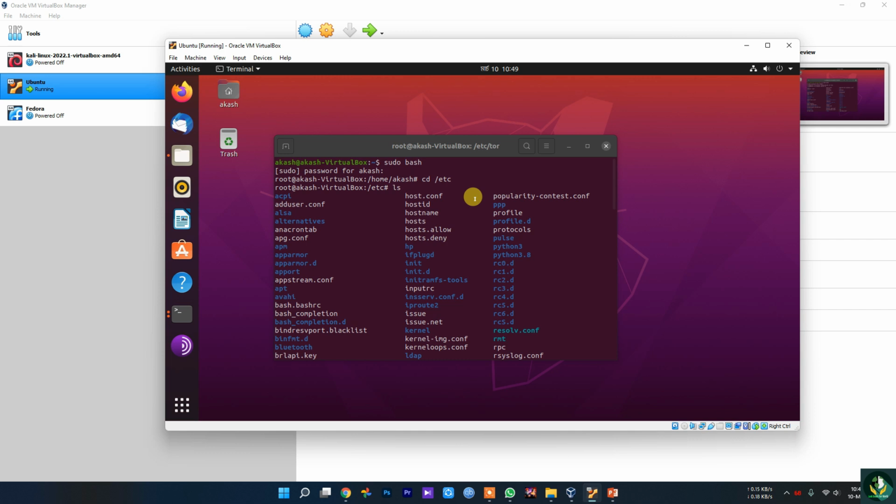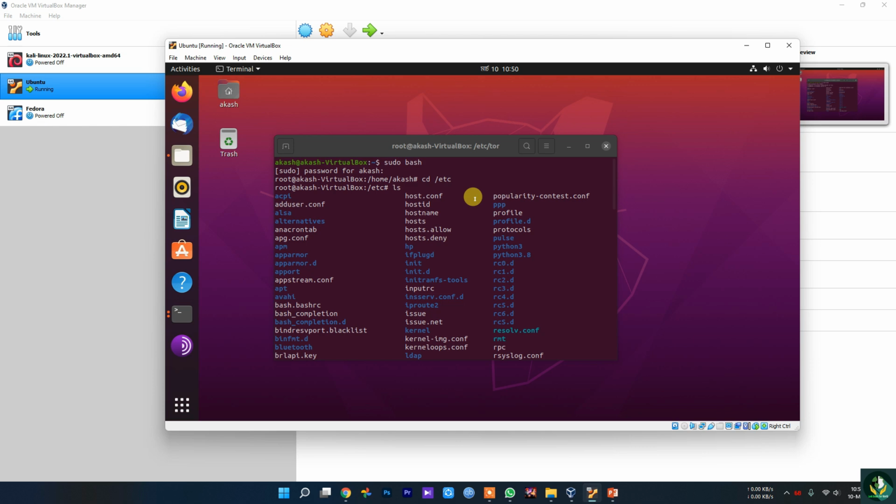So we are going to use Linux. More specifically, you can use any Linux distribution that you want, like Kali Linux or Ubuntu.